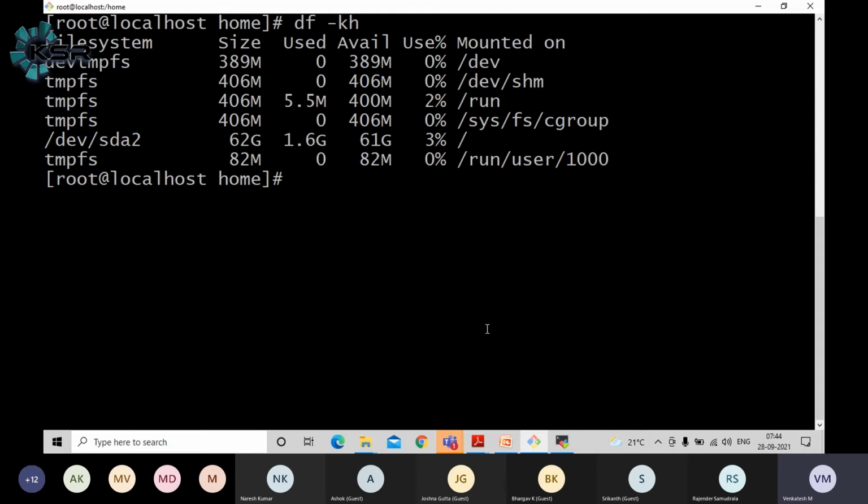Don't feel shy, okay? How to create the disk and how to rename the disk name? I will cover that in the administration part in Azure. I will try to teach how to add a disk, how to add the mount point, and how to make it permanent, all these steps. I will share it, you can document it, guys. Don't worry. Currently, just focus on the Linux basics. All the admin topics I will also cover in a future session.